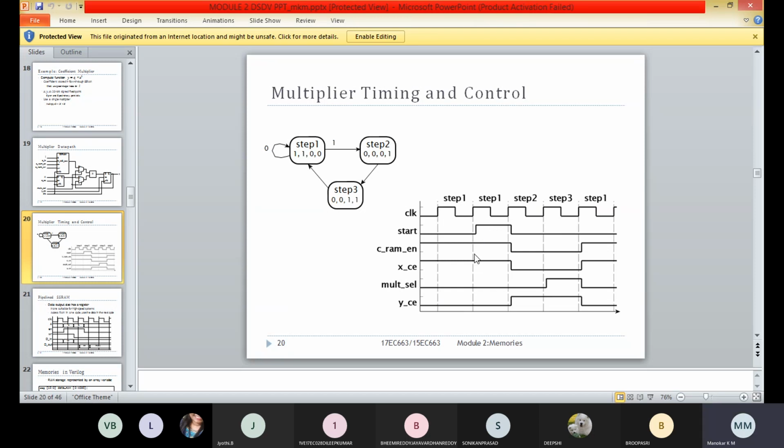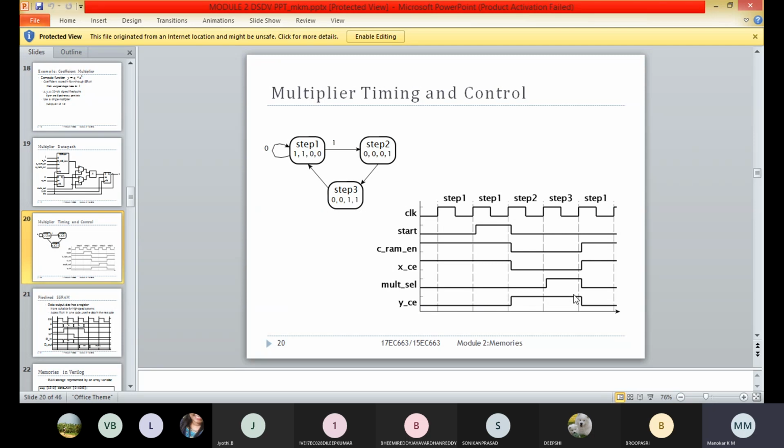In the second step, we make this select line 0, that is null select, so that Y underscore C, the output of the output registers, is equal to Ci into X. After doing this unconditionally, we move to the third step.